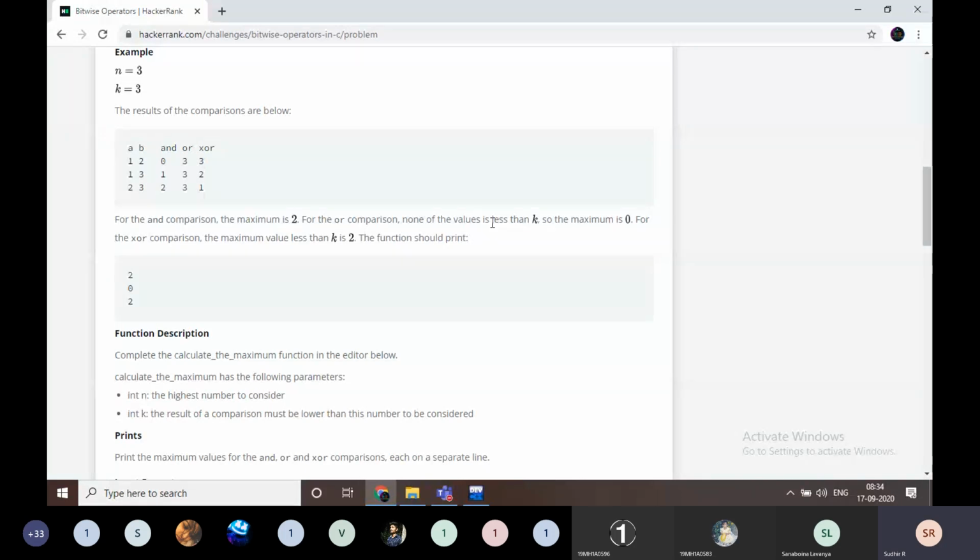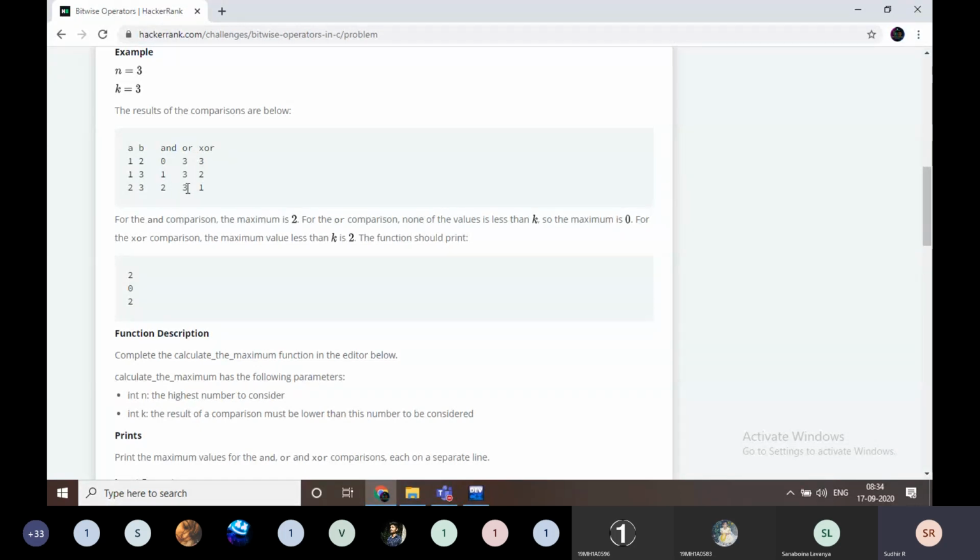But the values must be less than k. For example, what is the k value here? For example, k value is 3. For 1 and 2, the output is this one: this is AND value, this is OR value, and this is XOR value. And 1 and 3, this is AND value, this is OR value, this is XOR value. Same for 2 and 3.